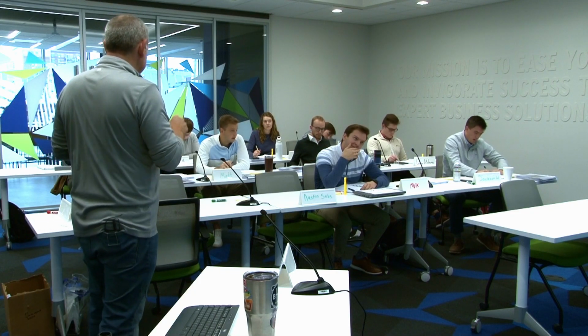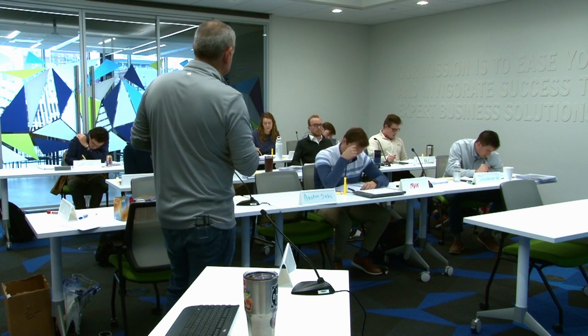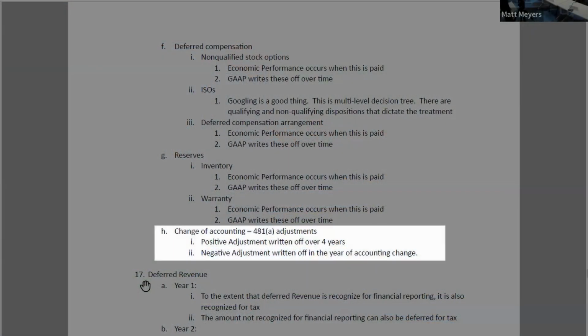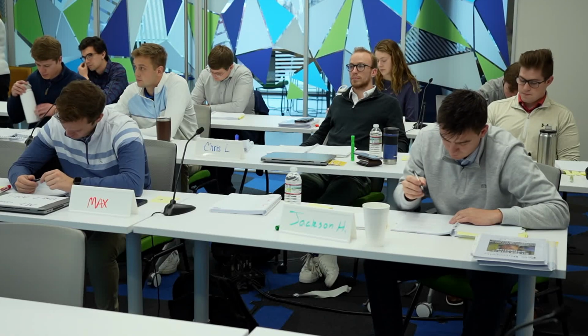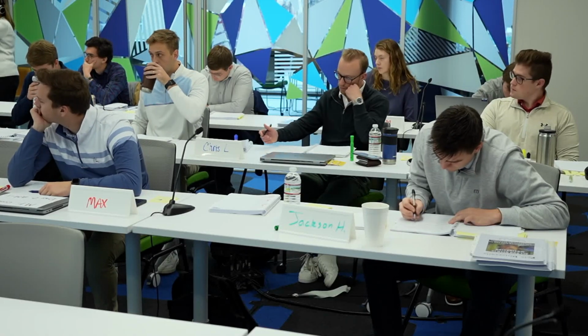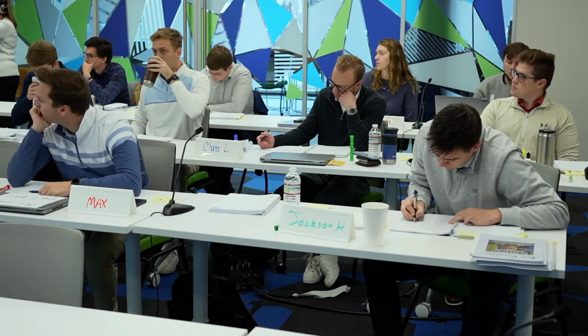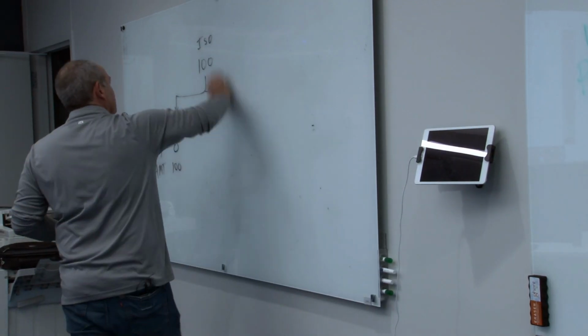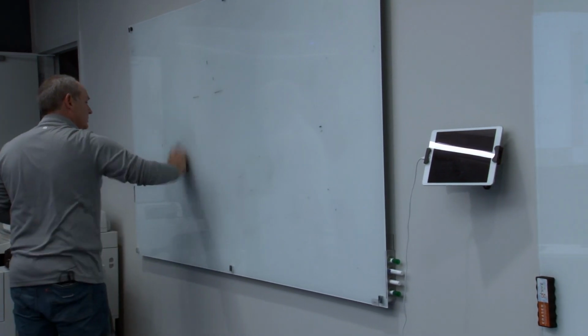Let's go Connor McCraddock. Letter H, change of accounting, 481A adjustments, positive adjustment written off over 4 years, negative adjustment written off in the year of accounting change. Okay? So we talked a little bit about this yesterday, right? That said if we change a method of accounting from cash to accrual,